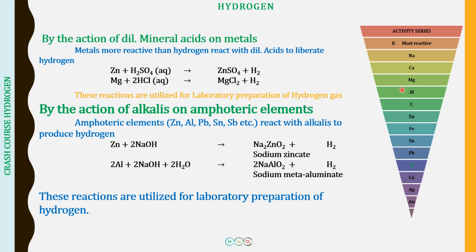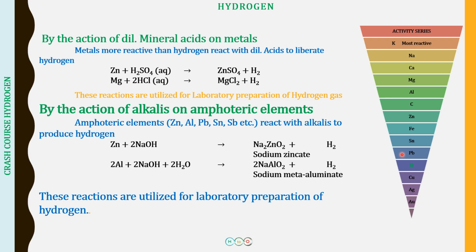Then we have little less reactive elements like magnesium and aluminium. These elements react with hot water, that is a temperature of 25 to 90 degrees Celsius, and they form the corresponding oxides and hydrogen is evolved. From iron downwards, the reaction takes place only with steam, that is temperature above 100 degrees Celsius. Lead is also above hydrogen, so it will react slightly with steam, with very low reactivity, and initially the reaction, although very slow, forms lead oxide and hydrogen.